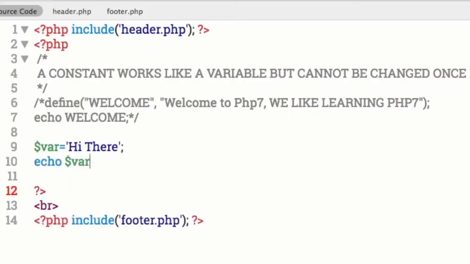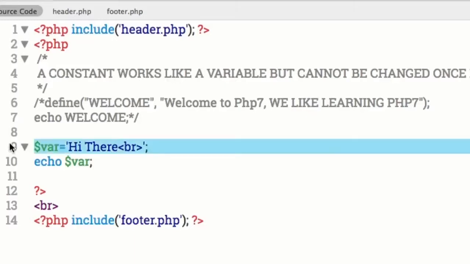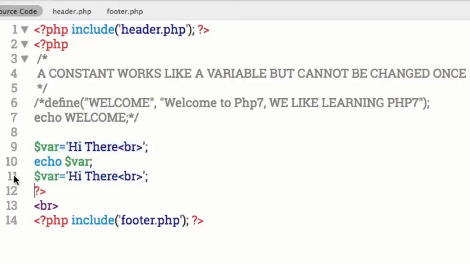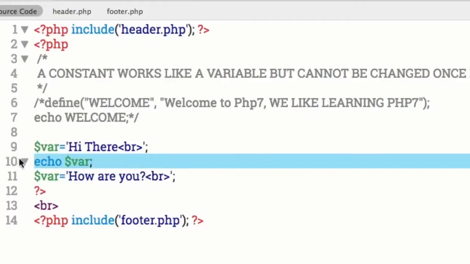the var. Now, just for simplicity's sake, I'm going to put in the BR tag, a line break, and I'm going to copy this entire line and paste it down here. Only I'm going to have var equal, hi there, how are you, with a question mark. And then I'm going to echo out the var again,